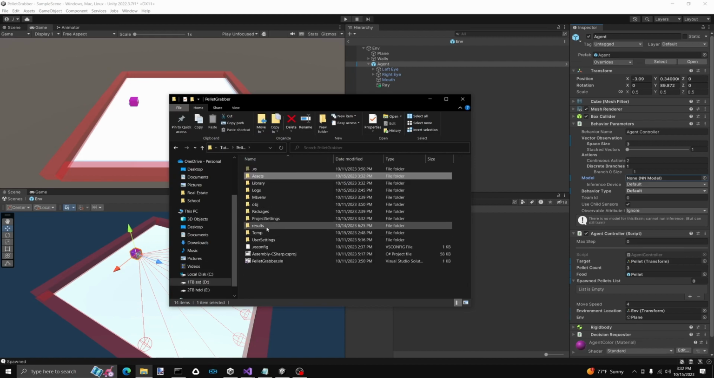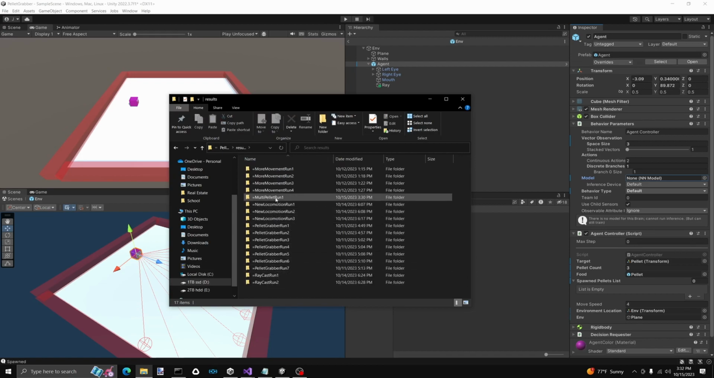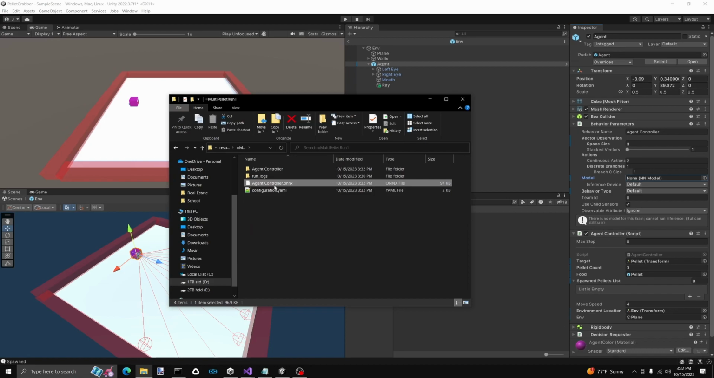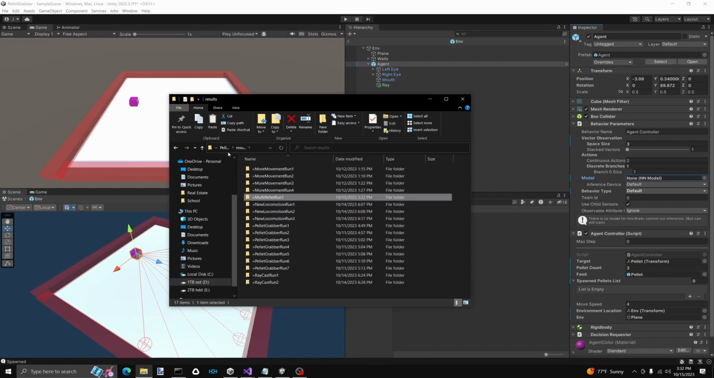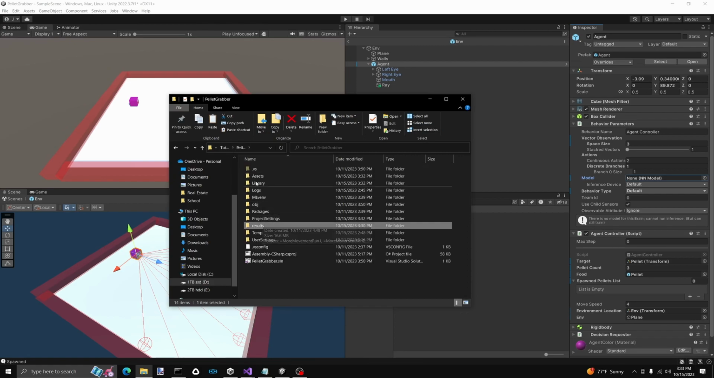So we'll go over to results, and it'll be multi-pellet run, agent controller. We're actually going to call this multi-pellet. And the reason why I'm changing the name here instead of changing it later or just leaving it is we